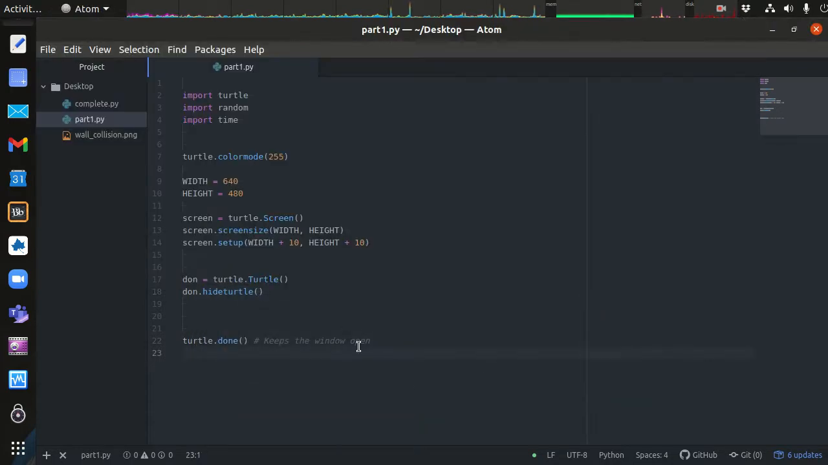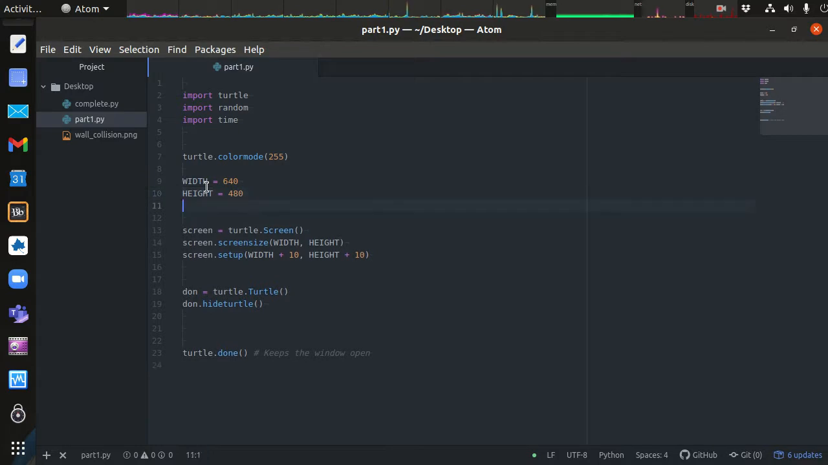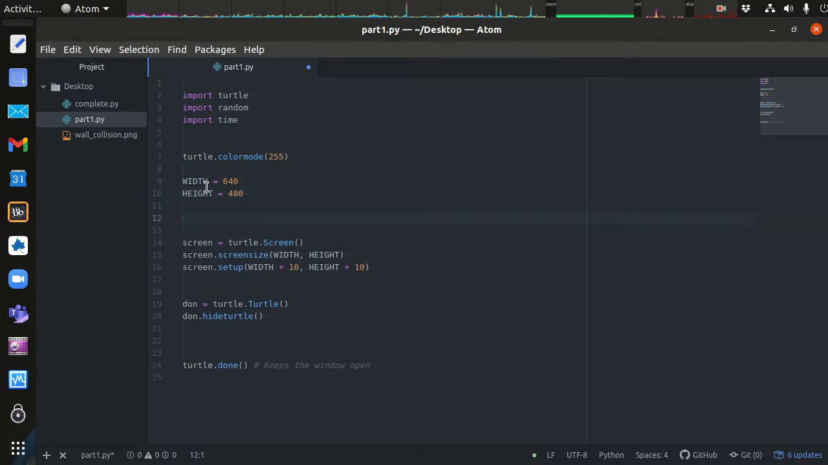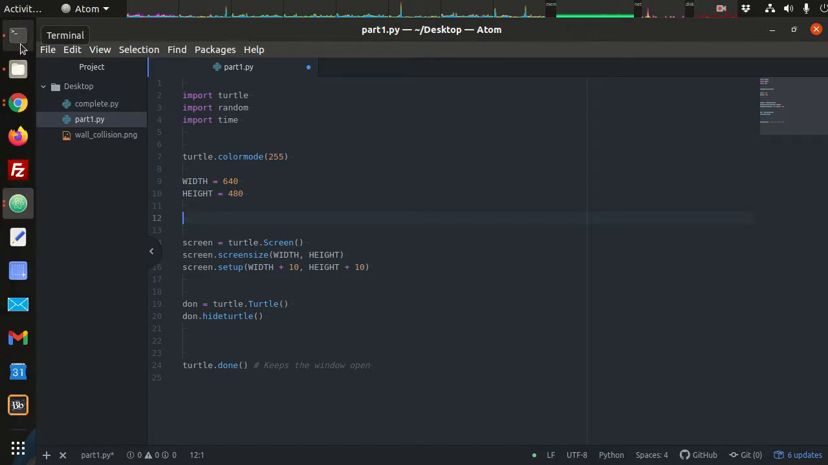All right, next thing we need to do is, based on this width and height, it might be convenient to create a few more constant variables that are the minimum value of x, the maximum value of x, and the minimum value of y and maximum value of y for the screen size. Okay, so looking at this